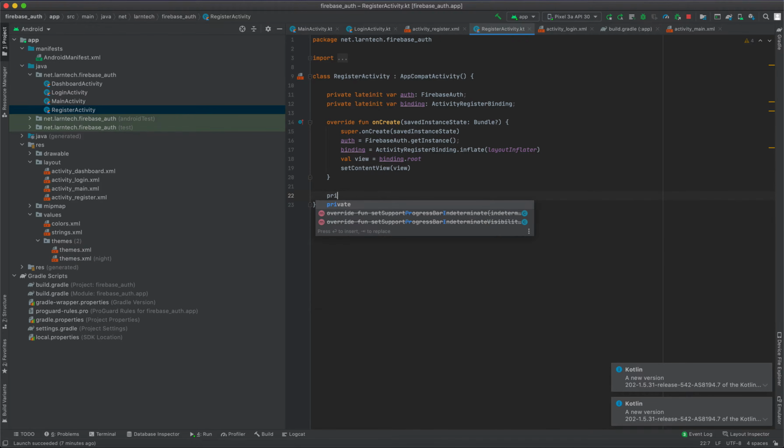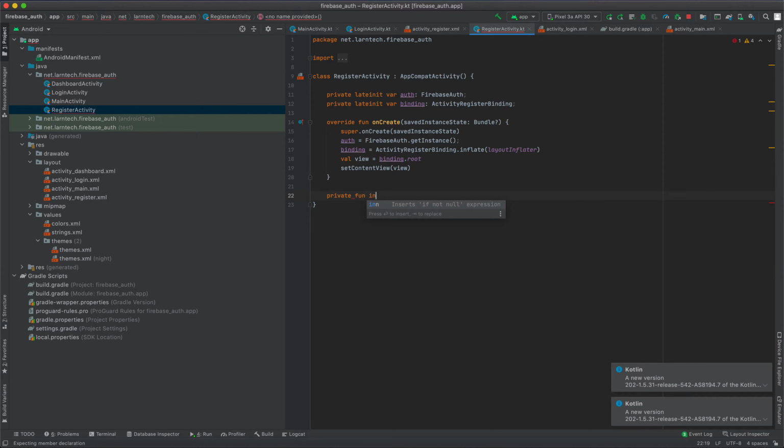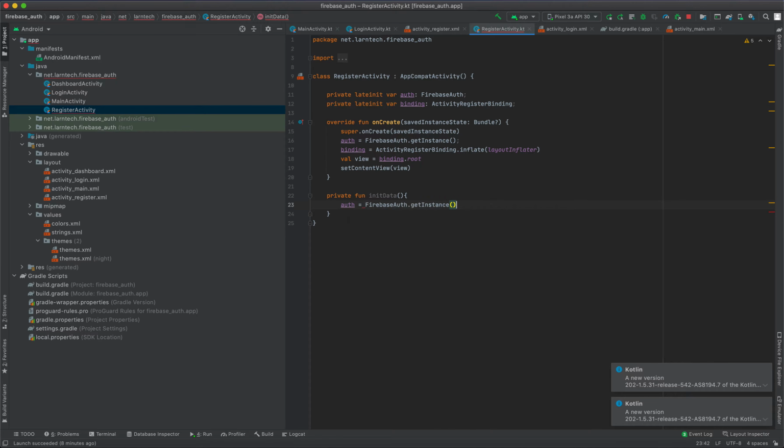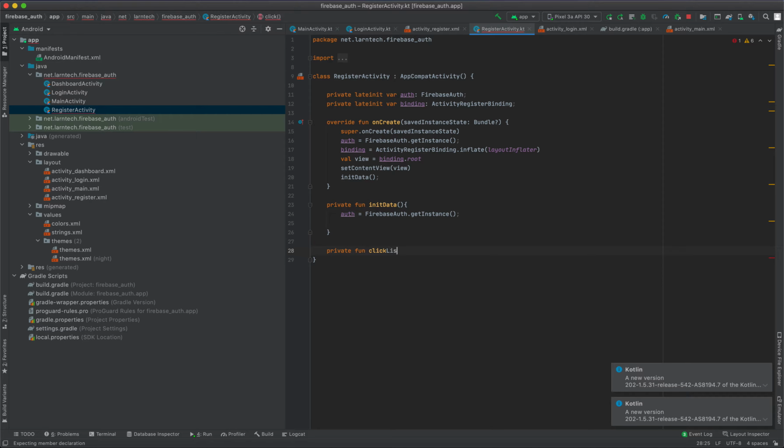Here below, we are going to have private fun initData for initializing my data, and I'm going to have auth to be FirebaseAuth.getInstance, and then I'm going to call this one just below here. I'm going to create another method called private fun clickListener,